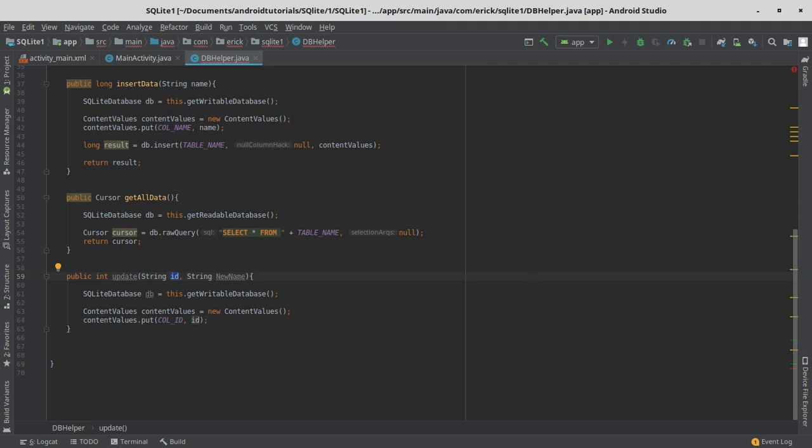And then we need to specify the name, the new name. So let's pass this new name in the column name, and then we need to check the result. Let's define an int result variable,